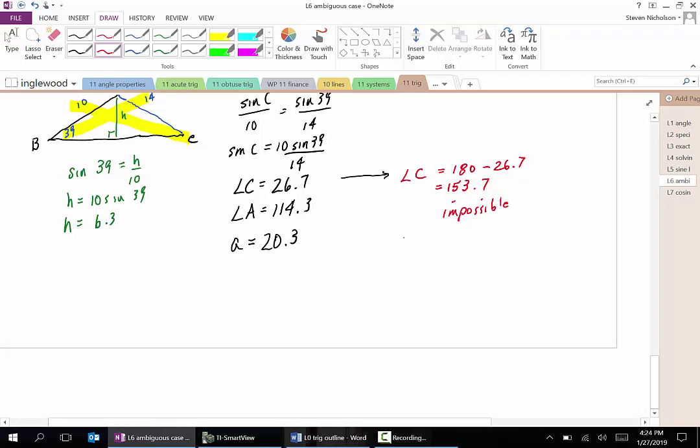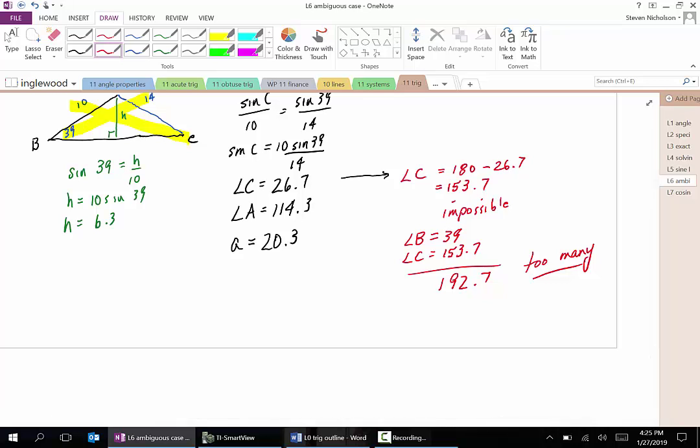And here's why. We already know angle B is equal to 39. And if angle C is equal to 153.7, well, the sum of those two angles is 192.7, which is way too many. We only have 180 degrees in the interior of a triangle, and we've only used two sides. So again, the most important part of the ambiguous case is sketching a picture, figuring out that height, and then looking at the story and just thinking